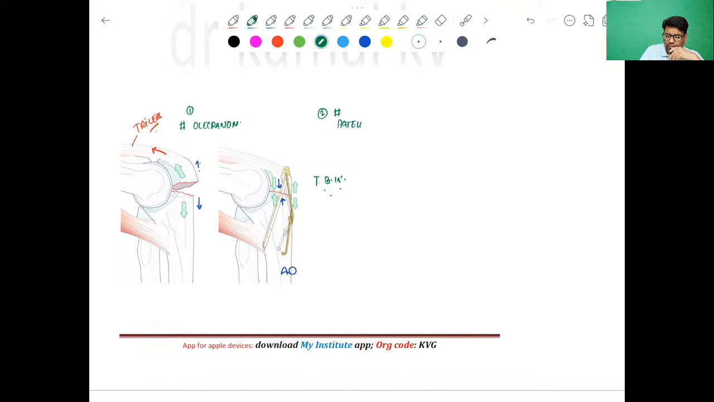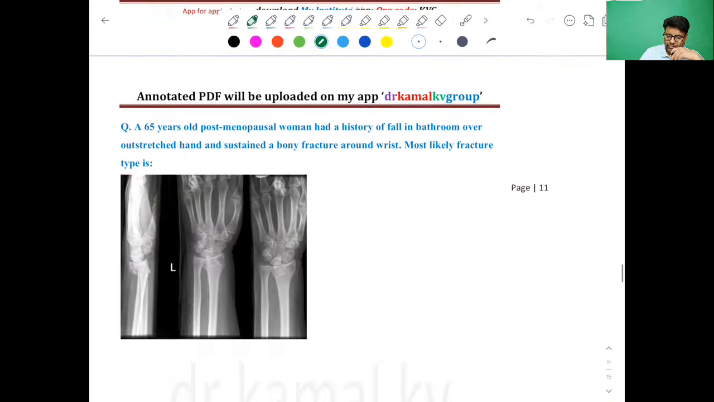So these are two fractures where we commonly do tension band wiring, right? Then moving forward,